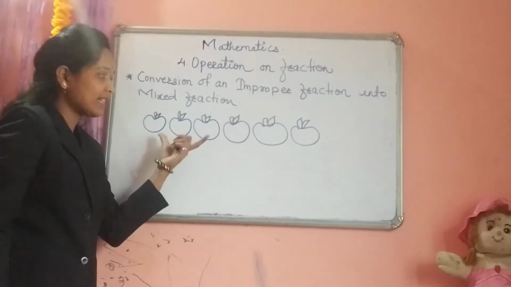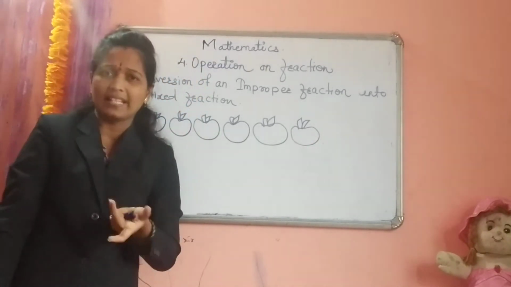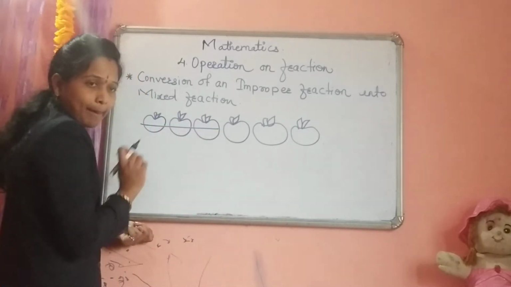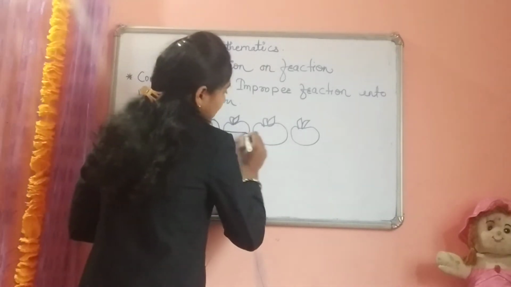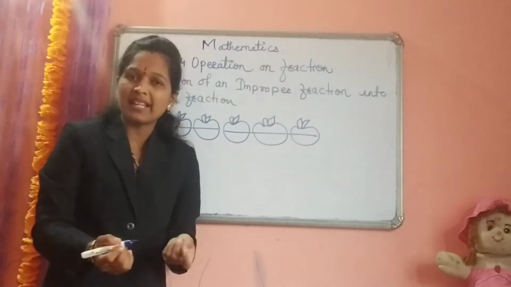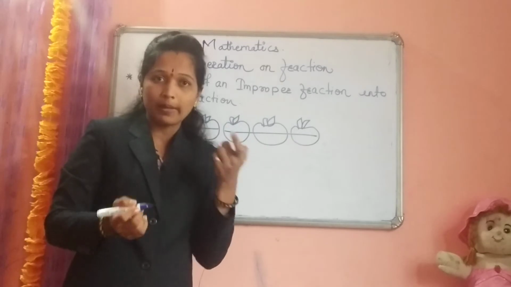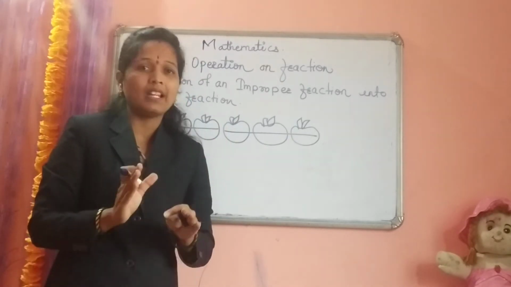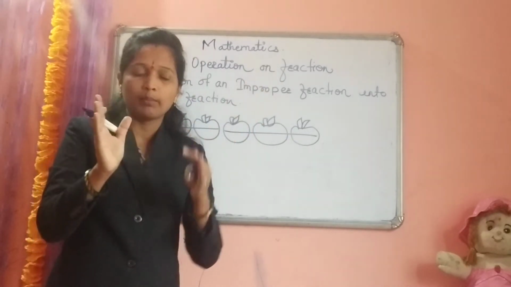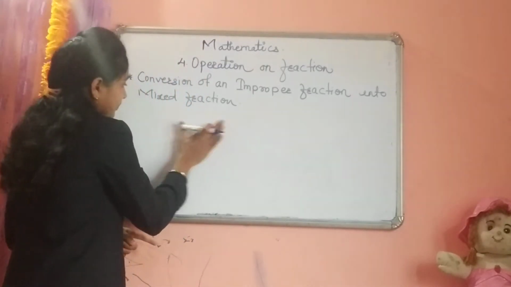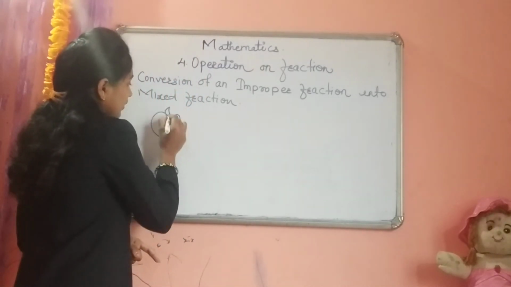Okay, pay attention. 6 apples are there and we can divide these 6 apples between 2 students. So I can give 3 apples to one student and another 3 apples to the remaining student. It means 3 apples I can give to the girl and 3 apples to the boy. It means we can divide the number properly between both students. Suppose the apples are given in this way. 3 apples are there.